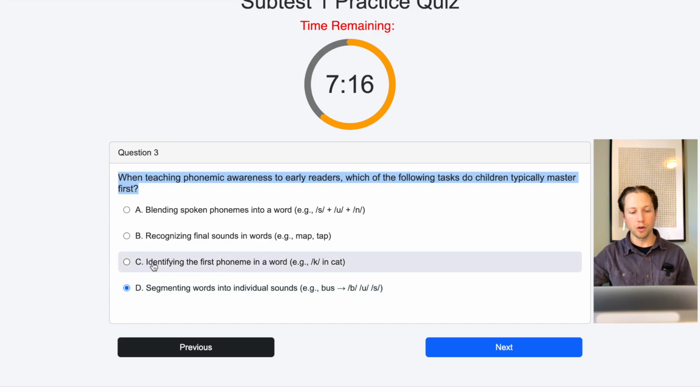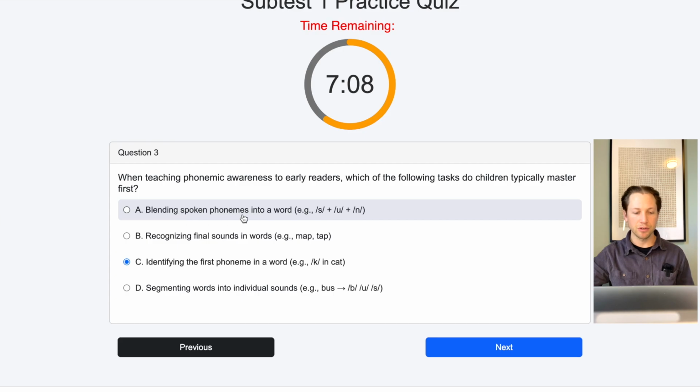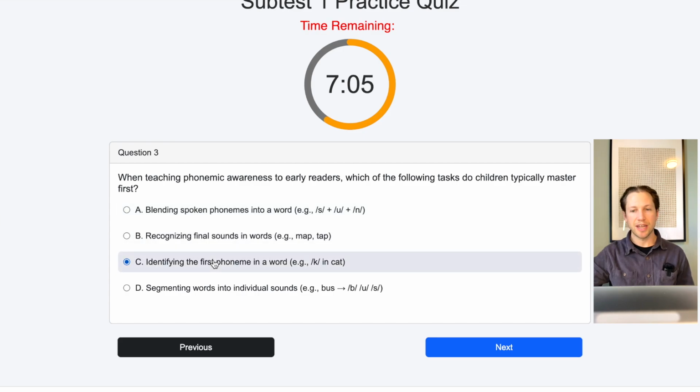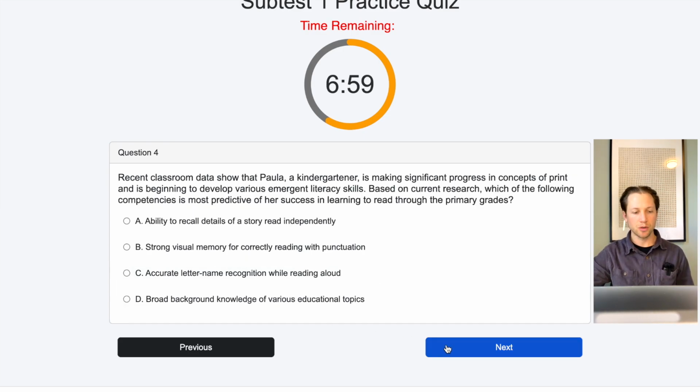It's one of the most difficult ones, and in this case, I'm going to go with identifying the first phoneme in the word cat, because that will come before learning to blend sounds or recognizing the final sounds in words. So we're going to go with letter C in this case, and let's go to our next question, number 4,